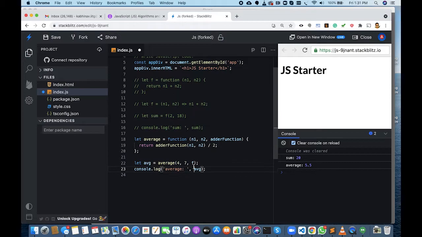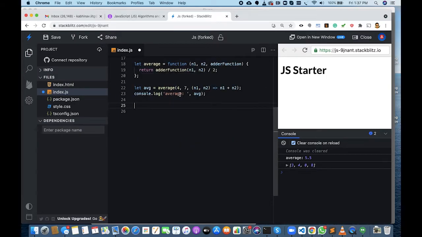So like 4 and 7, they are values, right? Functions are also values in JavaScript. I can pass it directly and get the average. That's why you can see this notation being called inside a function as a function argument, and people will get very confused. So this is what goes on behind it, and I hope the confusion gets cleared at least to some extent.